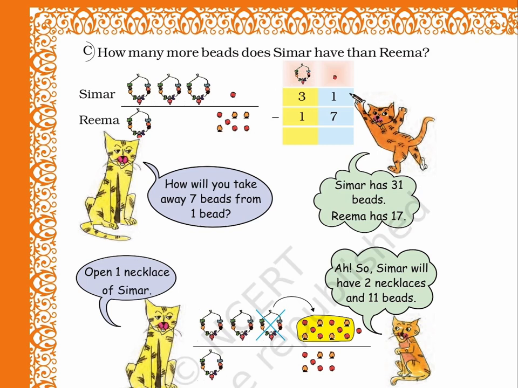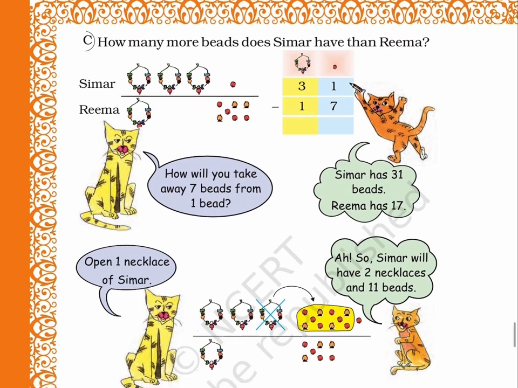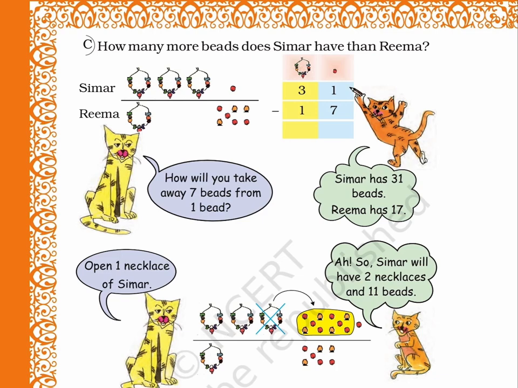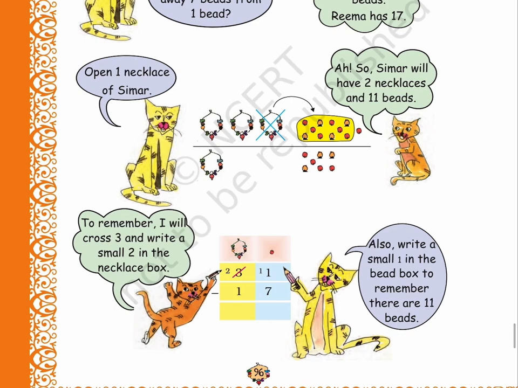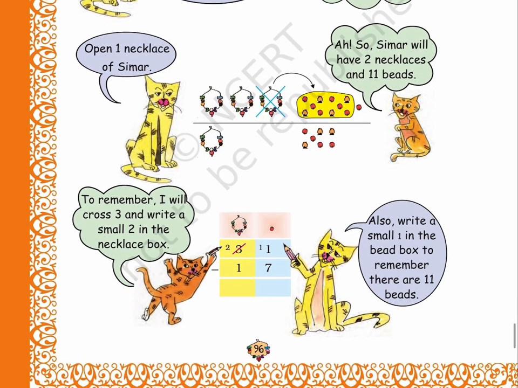Picture 2 shows Cat 2 sitting at the left side of the page and is suggesting, open 1 necklace of Simar. Cat 1 sitting at right side of the page is responding, so Simar will have 2 necklaces and 11 beads. In between the 2 cats, 1 necklace of Simar is crossed and its beads are shown as loose beads encircled